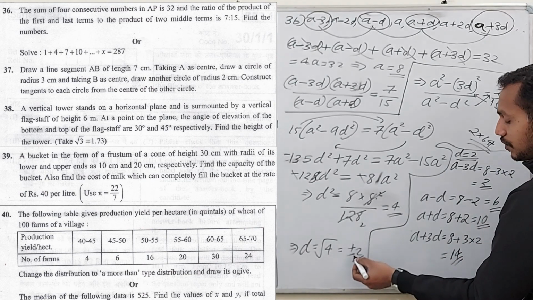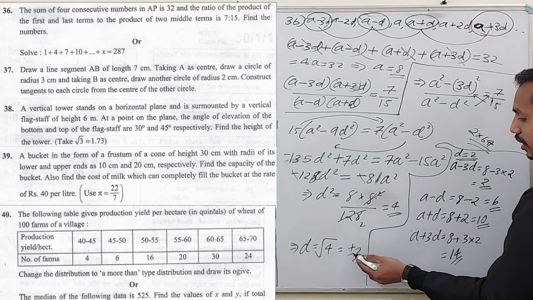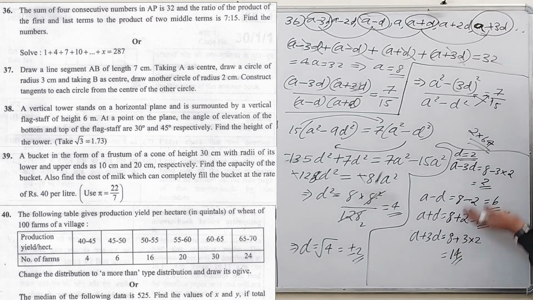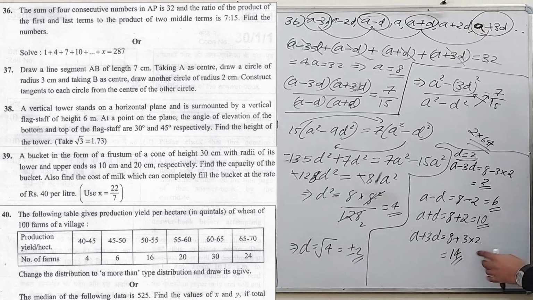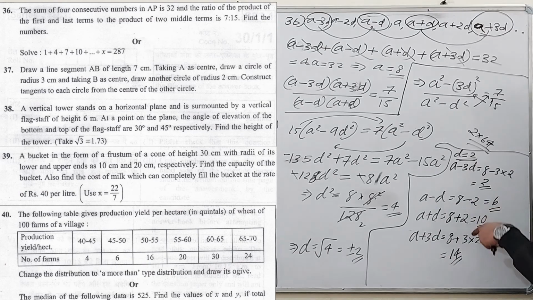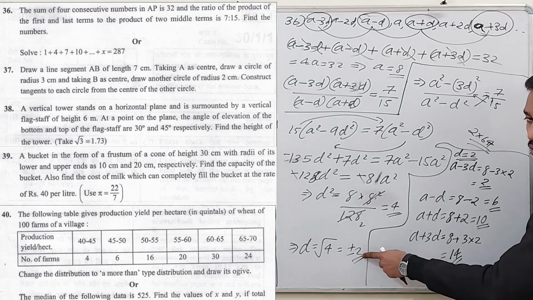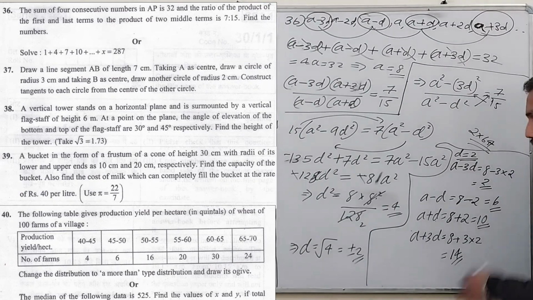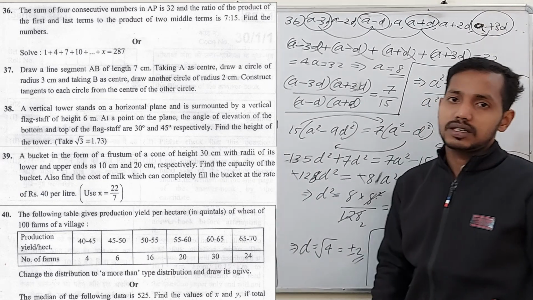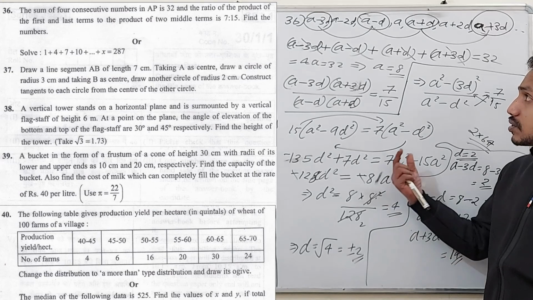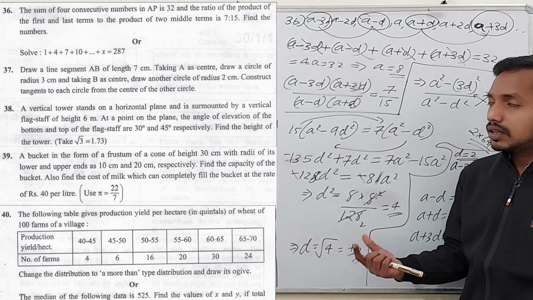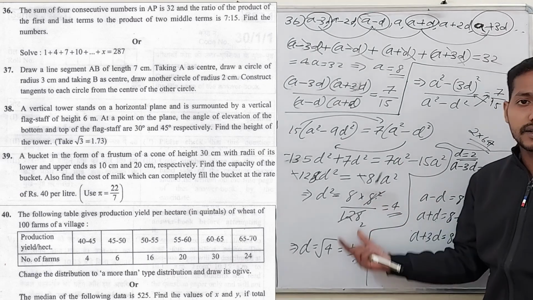In a similar way, if you give the value d equal to minus 2, the same answer we will get. The order of the numbers will be reversed. Here we have got 2, 6, 10, 14. When we put the value d equal to minus 2, we will get 14, 10, 6, 2, like that. But the numbers are the same. Okay, so that is a question. That is a very, very important question. Usually, this question is repeated in many years. This is actually a question from the NCERT example.